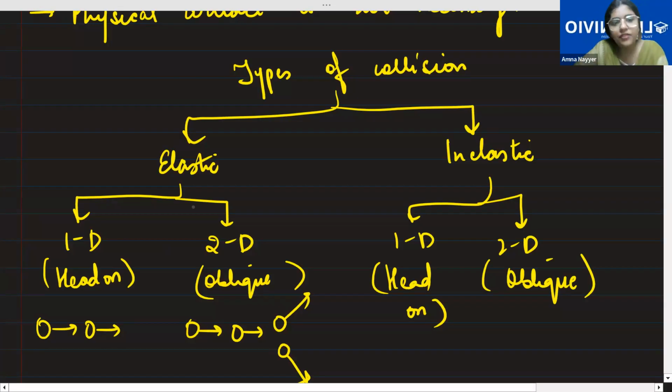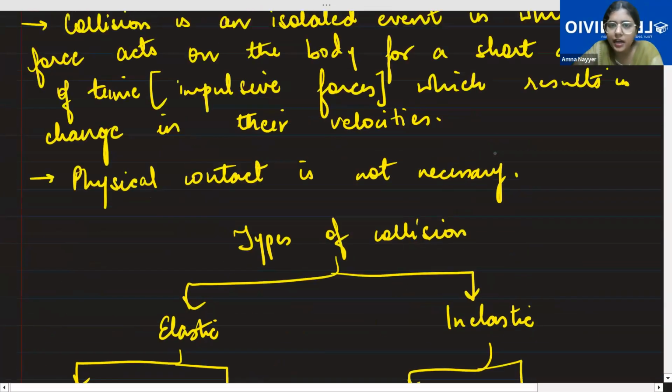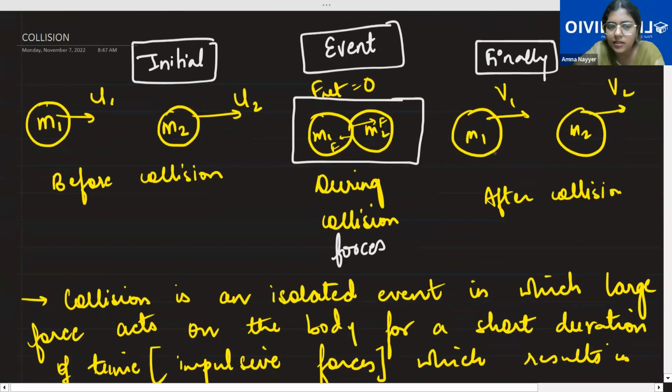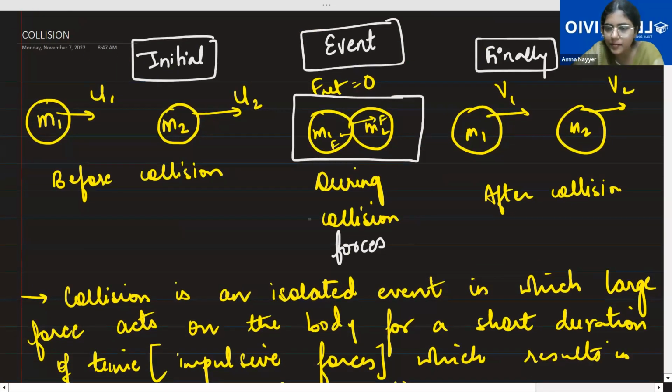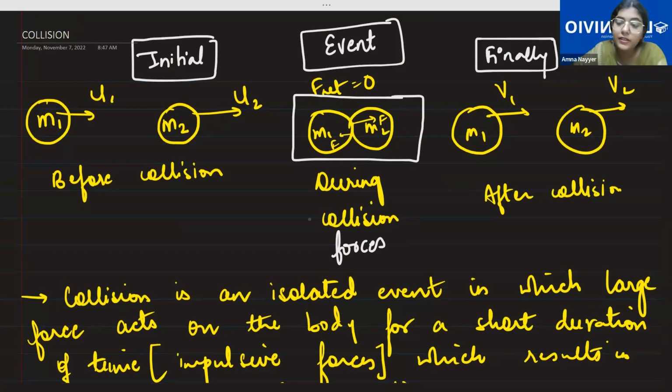Now the differences between elastic and inelastic depend upon kinetic energy, momentum and so on. There are also perfectly elastic and perfectly inelastic collisions, which have conditions. I'll tell you these things later. Just write down the basics first: the introductory part, the definition, and the types. Then I'll tell you the differences between elastic and inelastic, because theory questions also come from this. Okay, please write it.